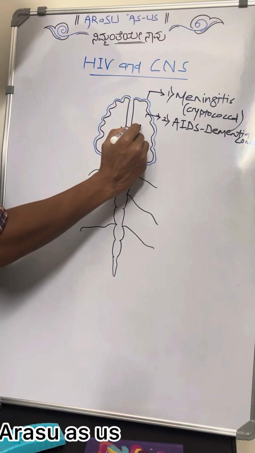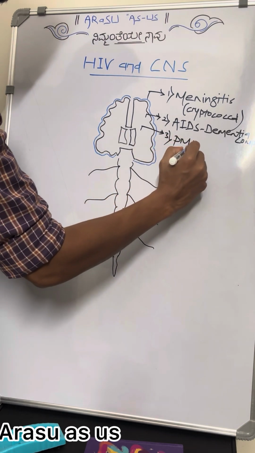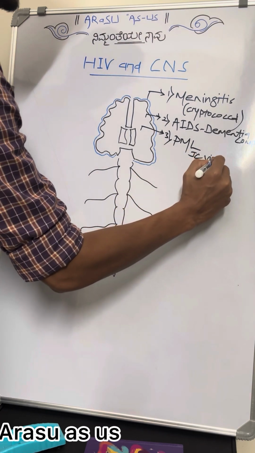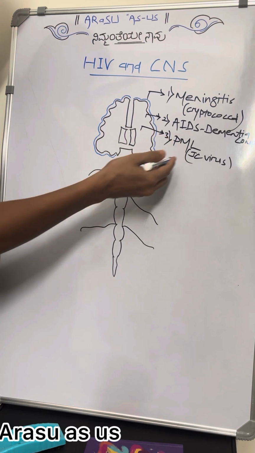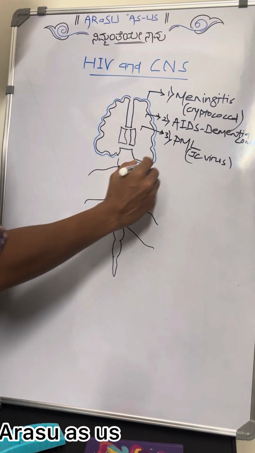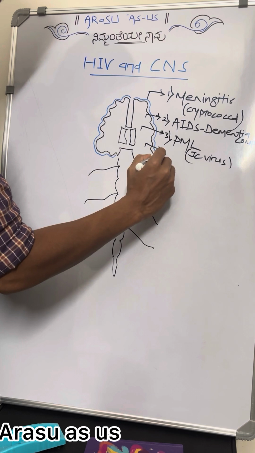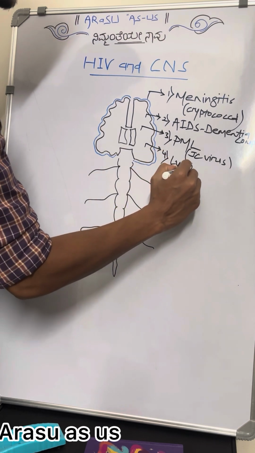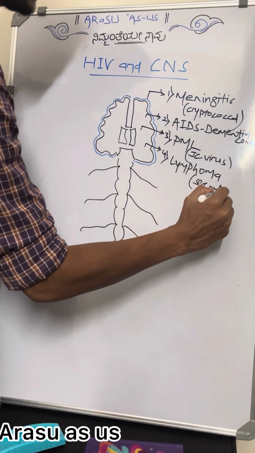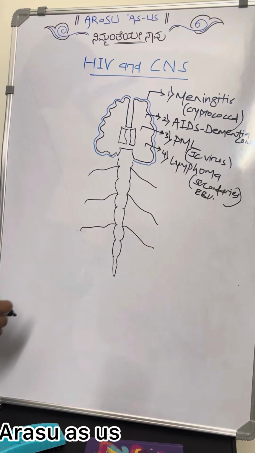Then coming to the white matter, we can consider PML, progressive multifocal leukoencephalopathy. As we know, this is caused by JC virus and it can manifest in various forms, like the patient can present with seizures or visual disturbances or cognitive dysfunction also. And in the parenchyma, the next thing to consider is CNS lymphomas, or there can be metastases also, secondaries. If it is primary, we have to consider Epstein-Barr virus. This is the thing related to parenchyma.